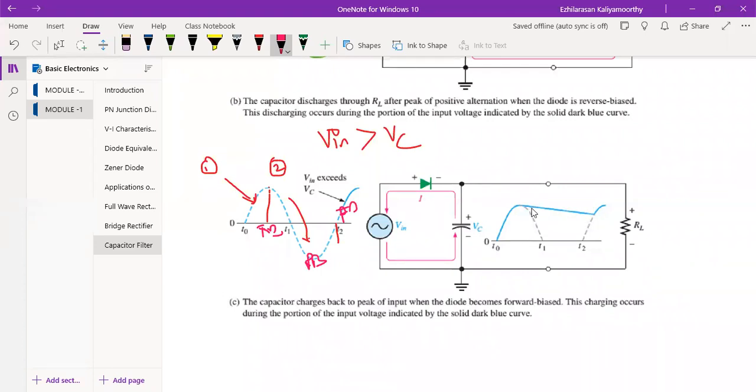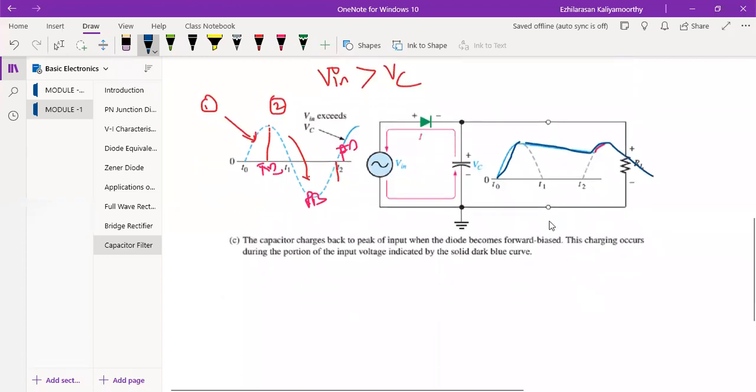But then see here, this is what is starting next. So this is what I meant to say. So we'll get, this will be your charging period, then this will be your discharging, again charging, again discharging, and we'll get a waveform like this. So this is the waveform. We'll get what happened previously.